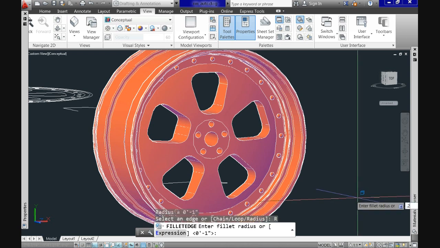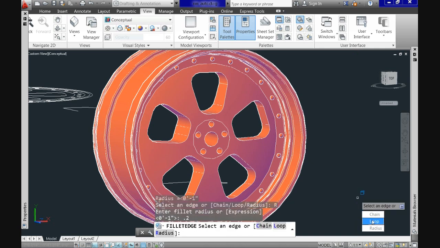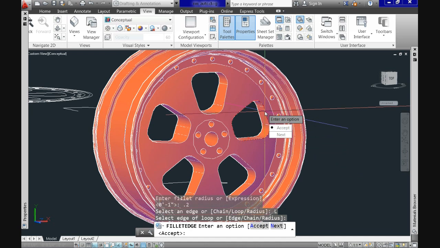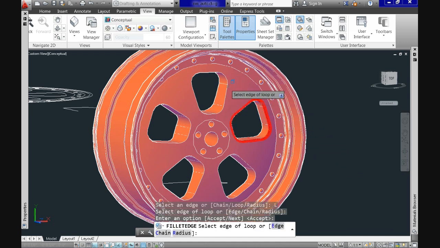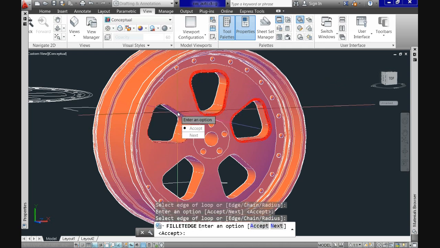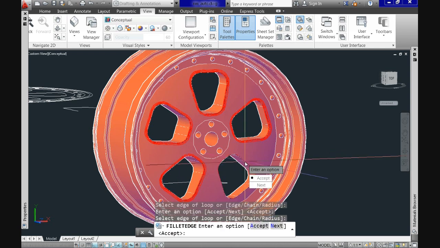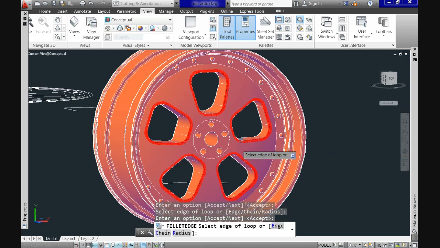Now pull the menu options again and click on loop. Now we have to start selecting the edges on all the holes in between the spokes, and also for the hole that will be at the very center for the axle part. Notice that every time you click on an edge, it will ask you to accept the loop you choose for the edge. Here you can hit enter every time, as I'm doing, or you can select all of them at once. Now since we're done with the spokes and the center,